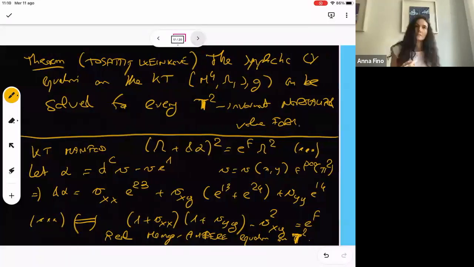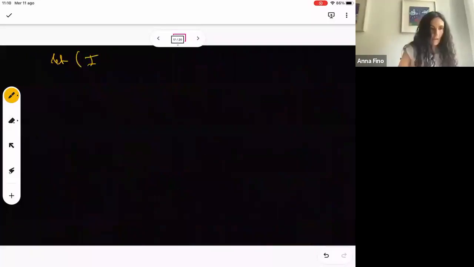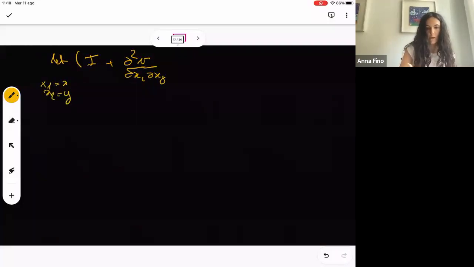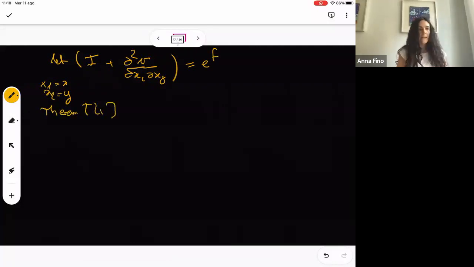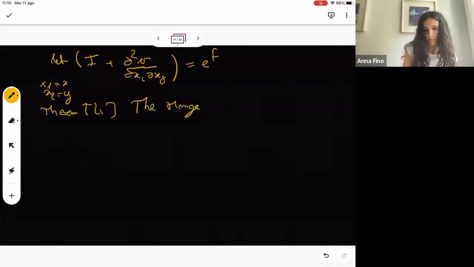So we have, let's write here, the determinant of I plus Hessian, we can write in this way, x1 is just x, x2 is just y, equal to a positive function. And one can use a general result, this theorem by Li, that says that the real Monge-Ampere equation